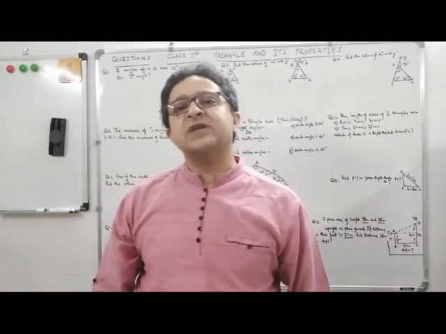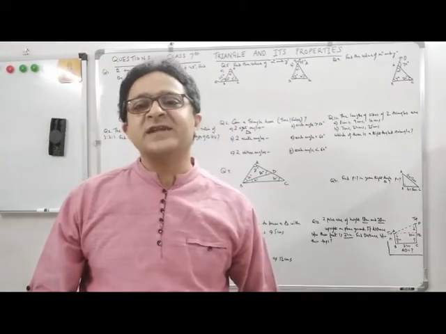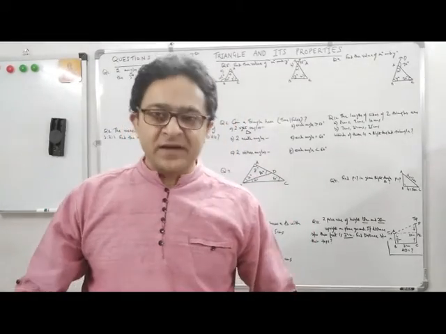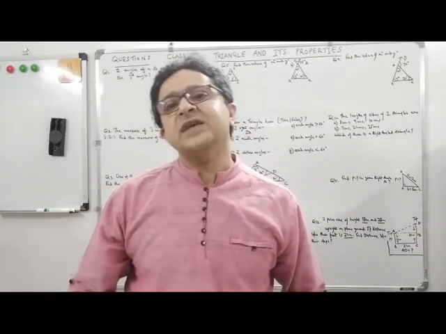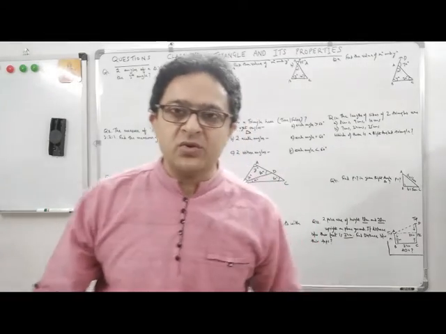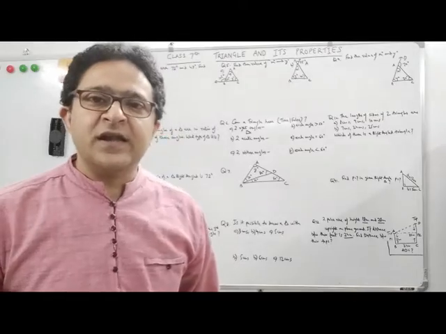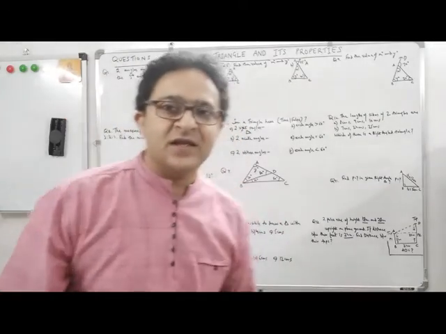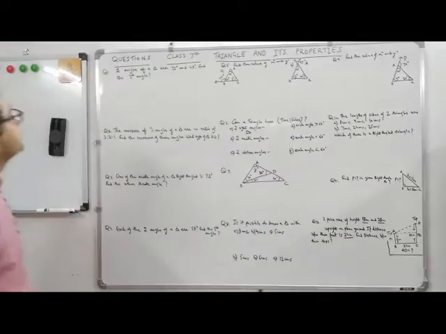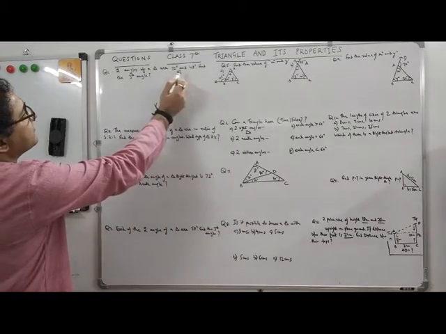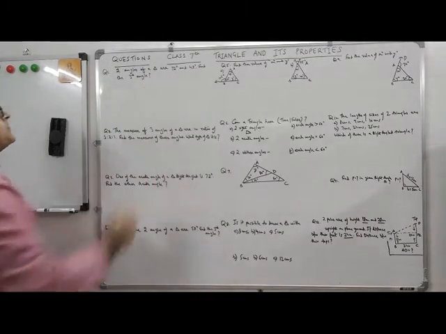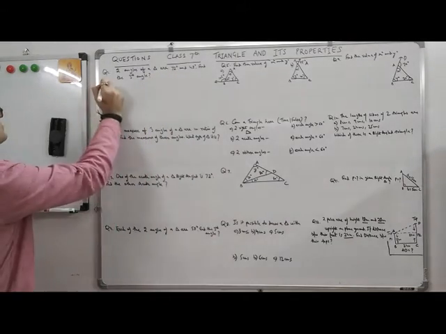Let's do the questions, because as I always tell you, maths is incomplete without questions. Concept has to go with the questions. Now whatever concepts we studied, now we will do the questions. Let's get started. Two angles of a triangle are 72 degrees and 48 degrees. Find the third angle. So what can be the answer, students?